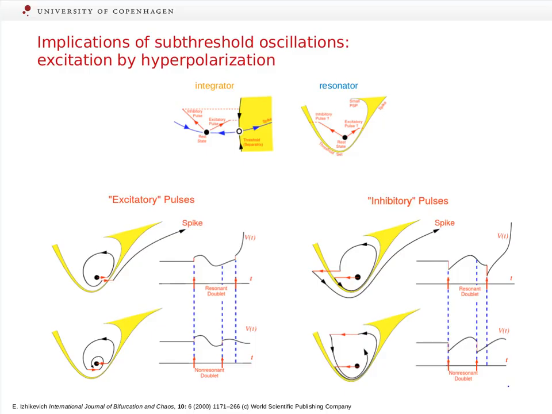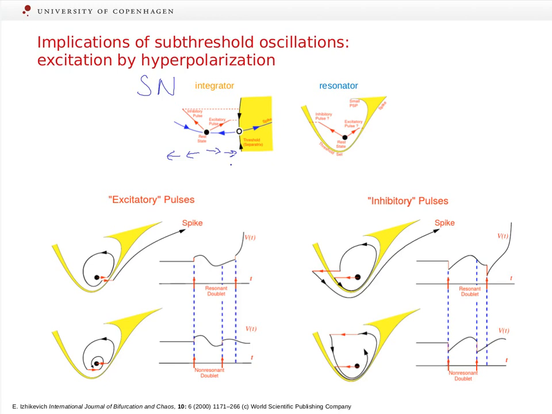We can see it in some more detail in here. The neurons with saddle node bifurcations can be called integrators, because what they basically do is integrate the incoming depolarizing stimuli. Each depolarizing postsynaptic potential or postsynaptic current will try to move the system towards the separatrice of the saddle, which is the threshold in these kinds of neurons. And each inhibitory stimulus or inhibitory postsynaptic current will drive the system away from the threshold. So in a way, the saddle node neurons